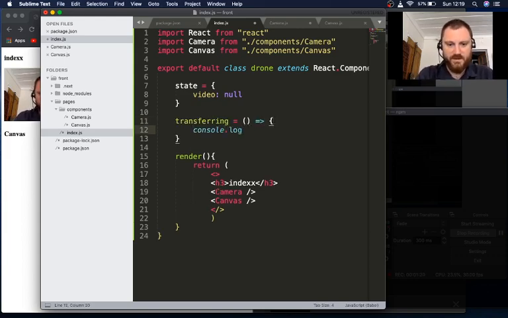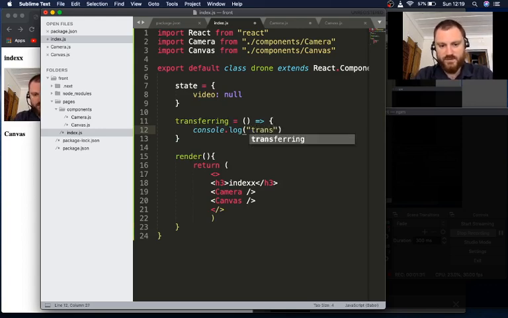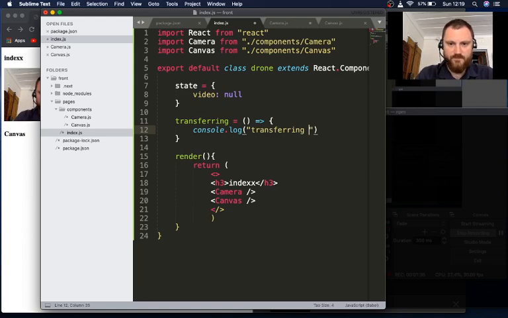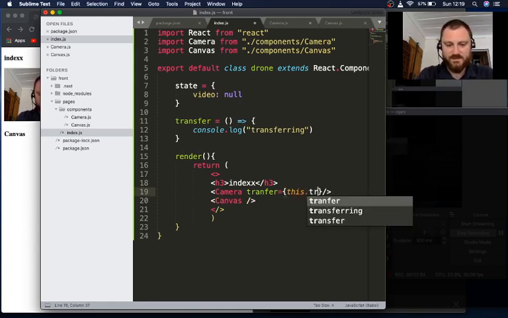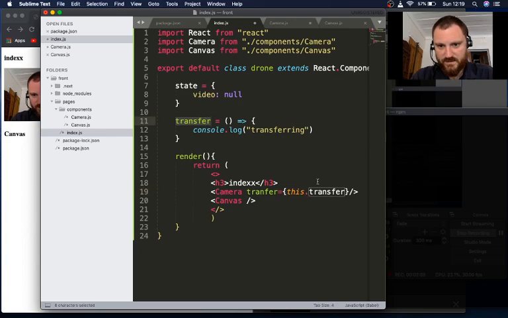And if I console log that, transferring, and put that method in my camera component as props, I just name it transferring equal... I'll call it transfer because transferring is lame. I'm sure that it exists in English. Transfer will be this.transfer, so that will refer to that method,